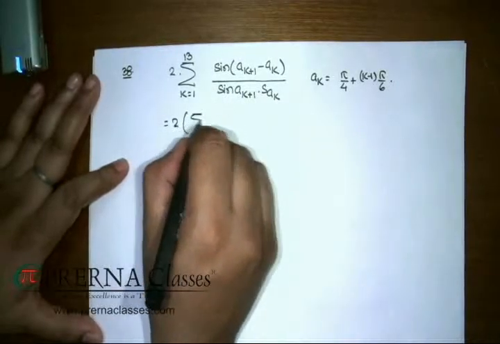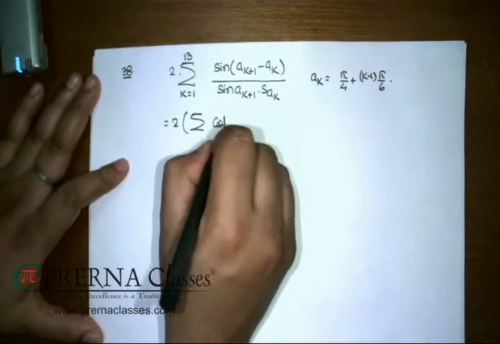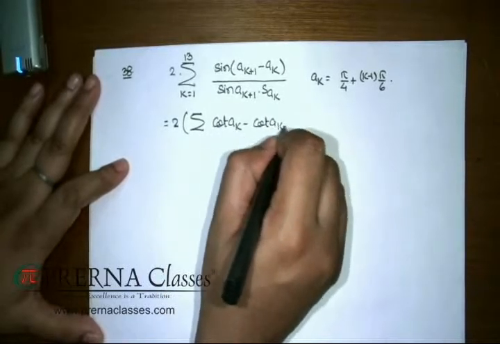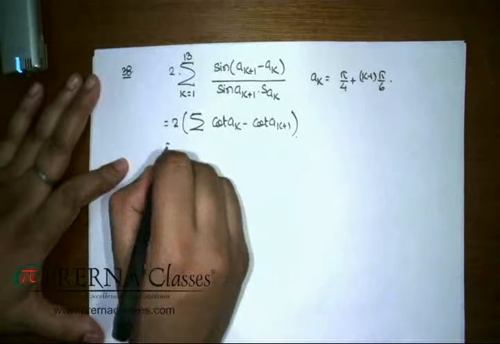If you simplify this whole matter, you can check this sigma is then simplifying to cot AK minus cot of AK plus 1,